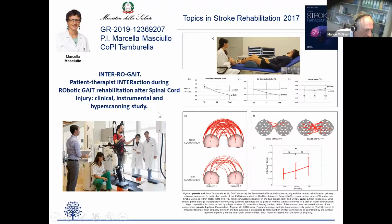In this study that just started, the interaction of the Lokomat with the physiotherapist and the patient is analyzed, also using hyperconnectivity studies, and the capacity to support the activity of the patient and the interaction of the physiotherapist directly with the machine and the patient. And I hope in a few years we'll be able to answer this aspect